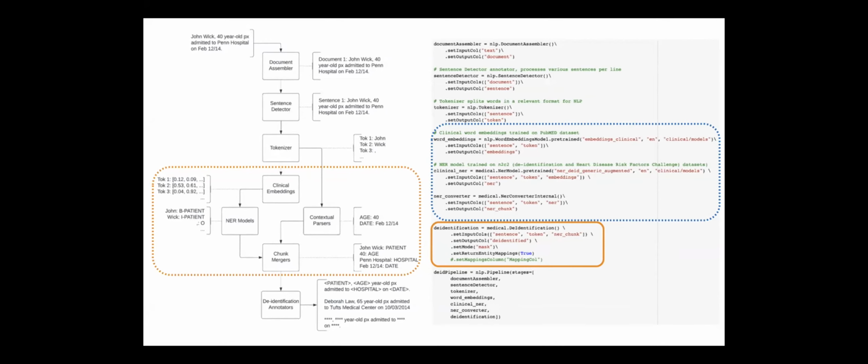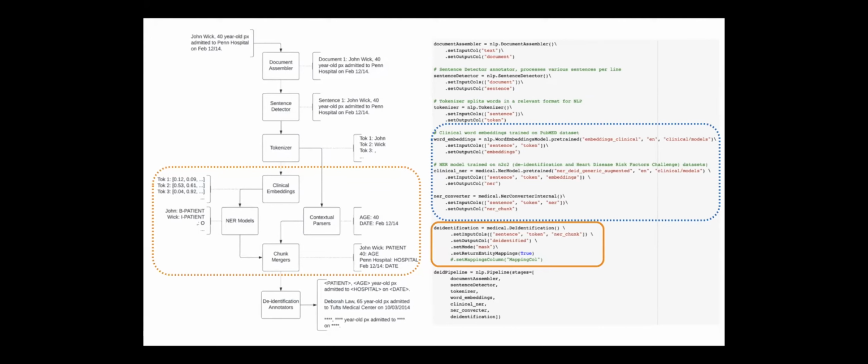Because most of the time with deep learning models, you don't know what's going to happen under the hood, and you have less control over the output. So in our pipeline, we merge the deep learning model with the contextual parser, which is rule-based, and the regex matcher, which is again rule-based, and